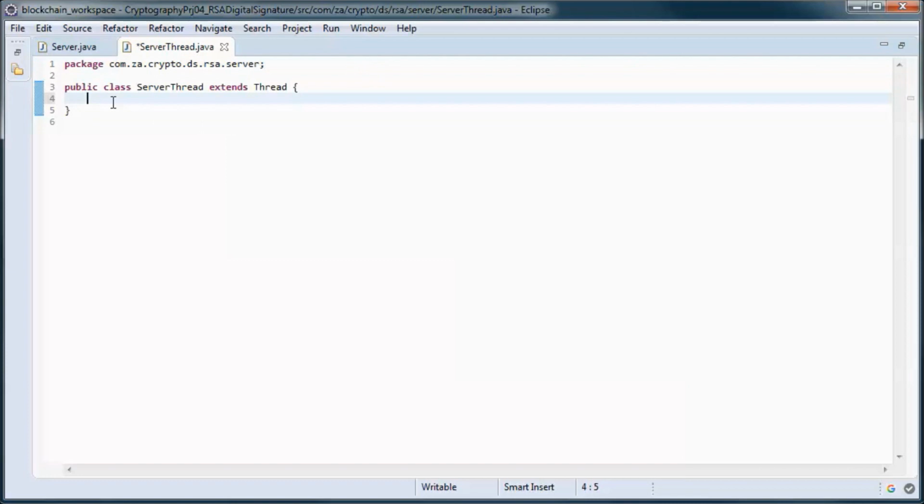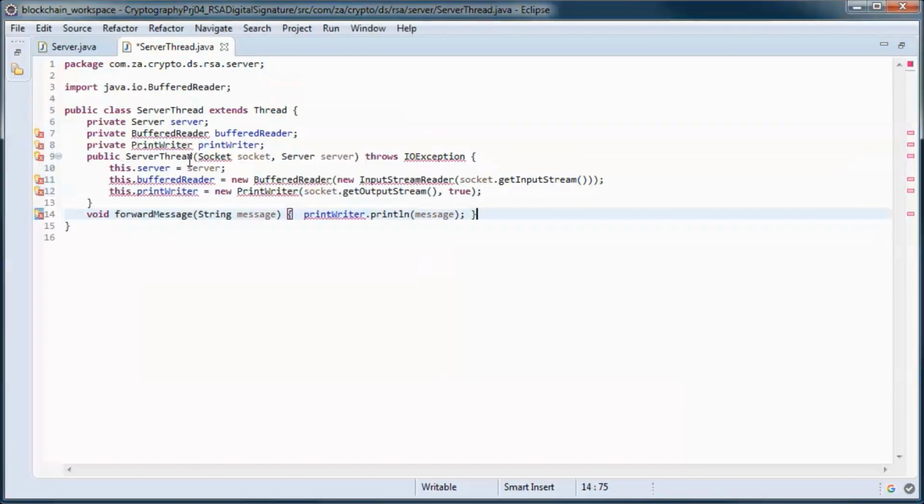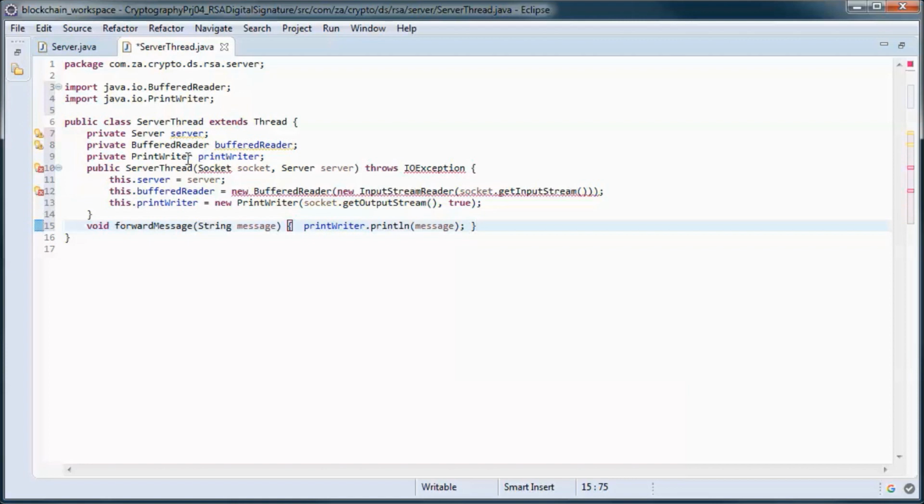And the server thread will have those three instance variables: a server, a buffered reader, and a print writer.